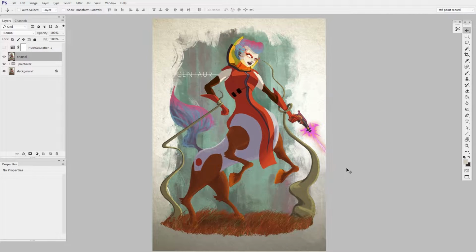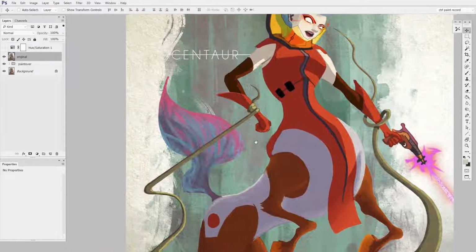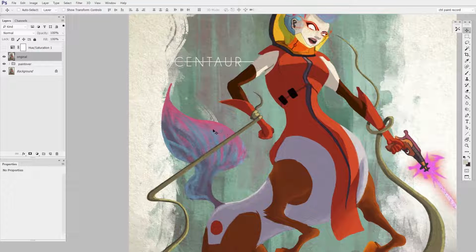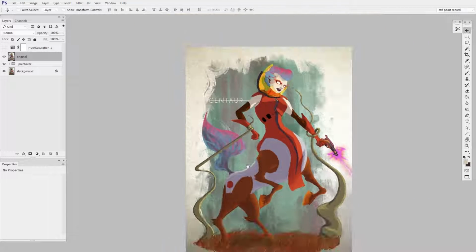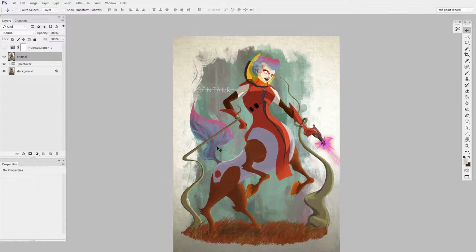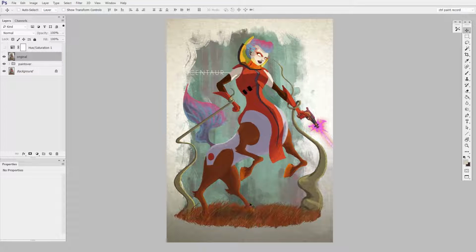I want to start out with this one because it is a cartoony style of rendering, which is very flat colors and flat shadows. So the changes we make will be very obvious. The problem I see in this one is that the color is creating a bit of clutter. Even though the character has a very strong silhouette and a very clear design, the difference between the color of the background and the color of the tail especially is not enough. If you kind of squint at this, the shape of the tail gets lost a little bit in the background. I'd say overall, it's just a bit confusing when you look at it,